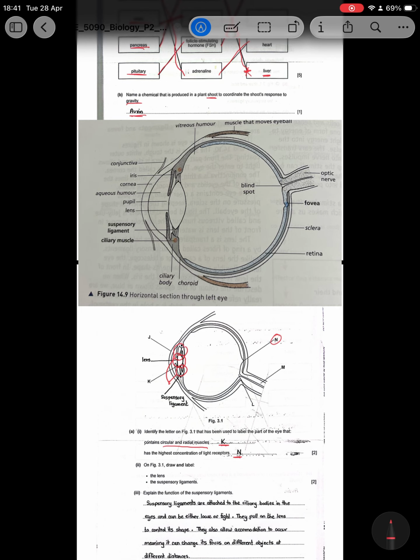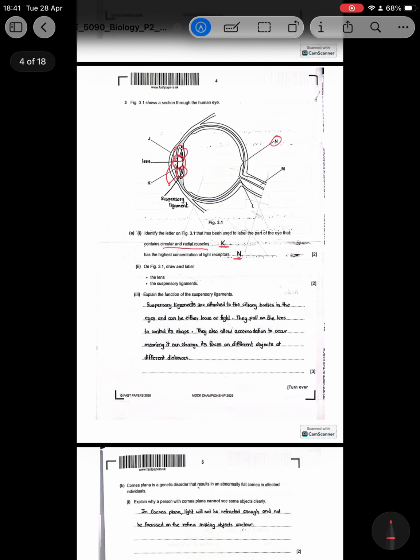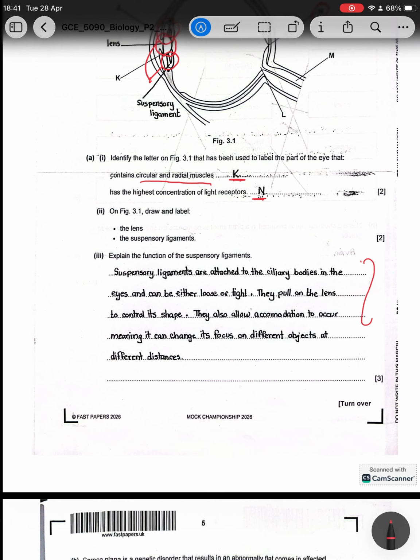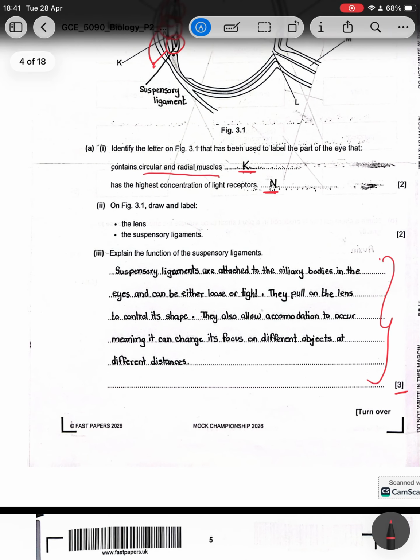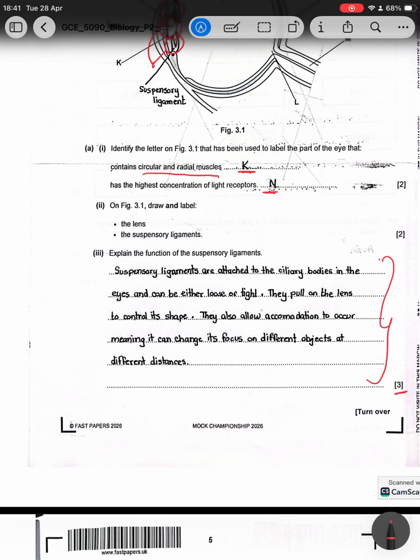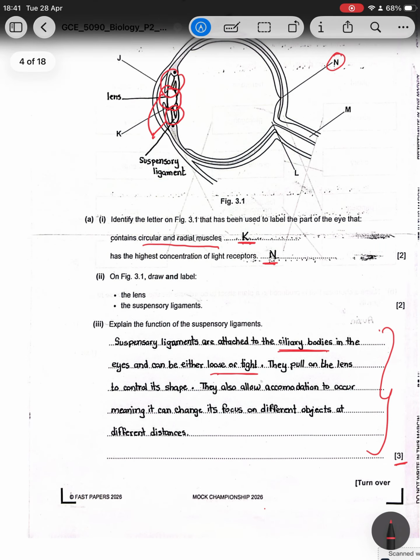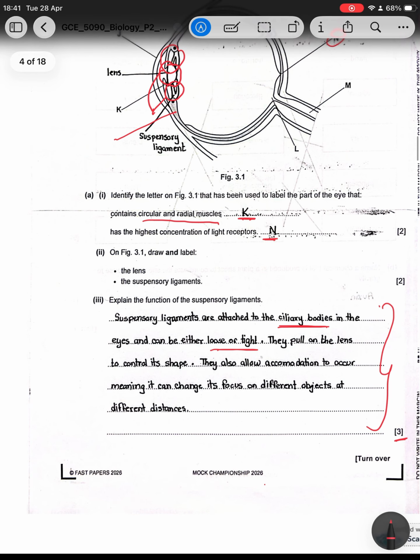Okay, then in A3, explain the function of suspensory ligaments. So again, if you look at the mark scheme, the answer has more than 3 marks worth of points. So I'm going to explain all of them. Suspensory ligaments are attached to the ciliary bodies in the eyes and can either be loose or tight. So these are the ciliary bodies, and for example, when the ciliary muscles relax, the suspensory ligaments tighten and the